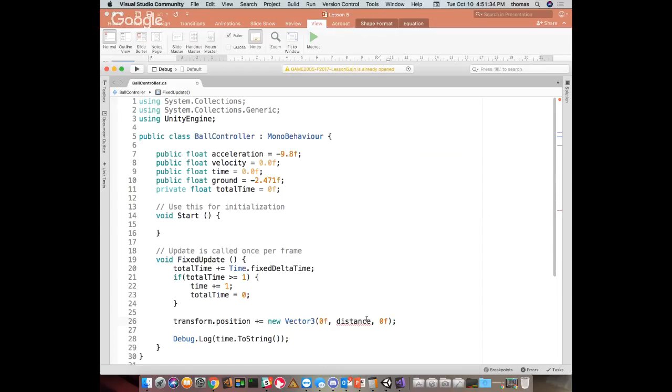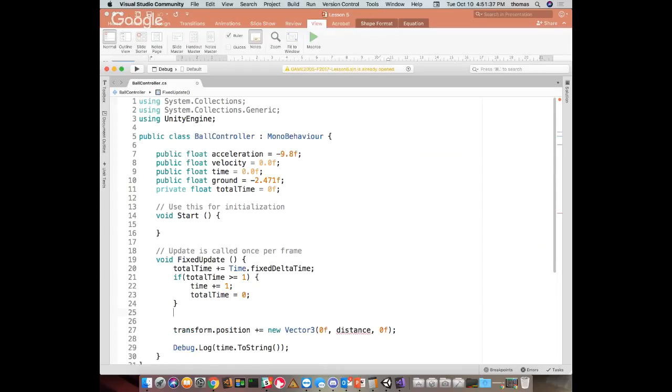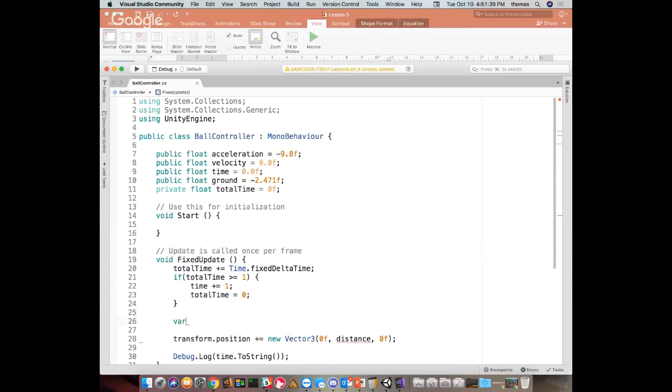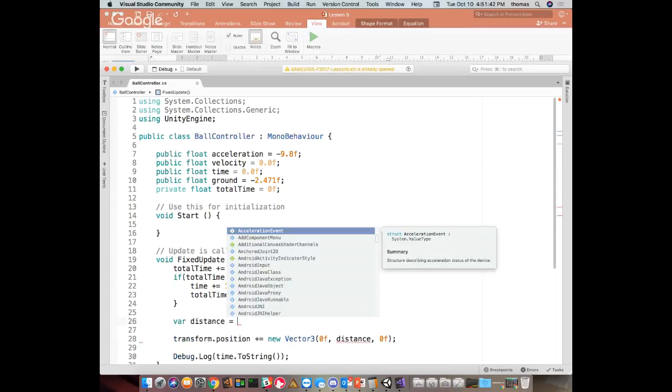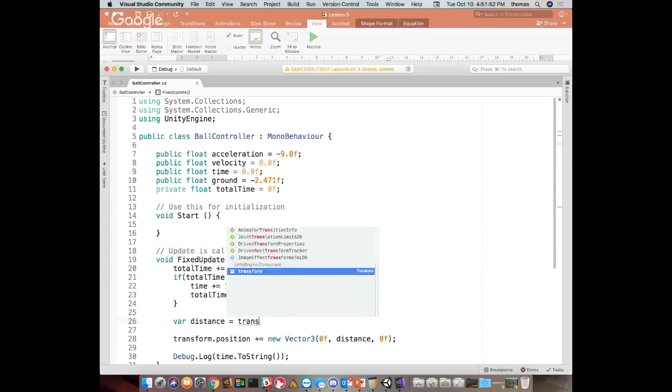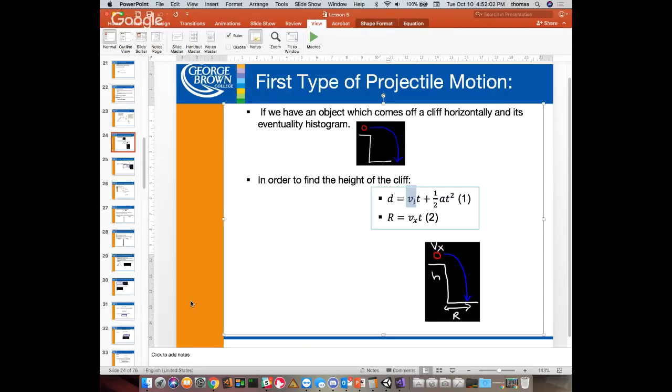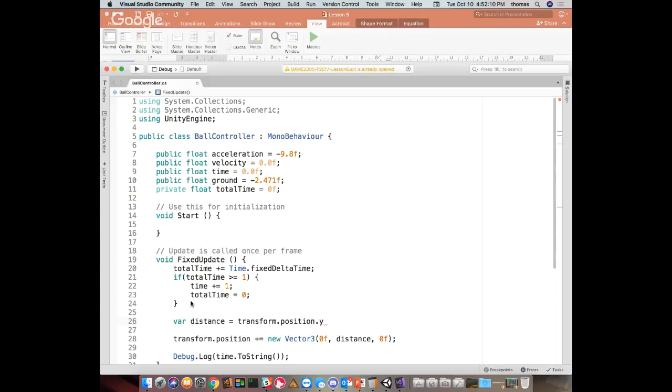And we'll want our distance to be the calculation. So this is the distance that it's going to move. So we'll say distance then is going to be equal to the next distance, which is going to be equal to the current distance, or the current position in the y. So we're going to say the transform.position in the y-axis. This is the first part, and we're going to add, just like it says here, 1/2 at squared, a being acceleration and t being time. So we're going to say this plus,